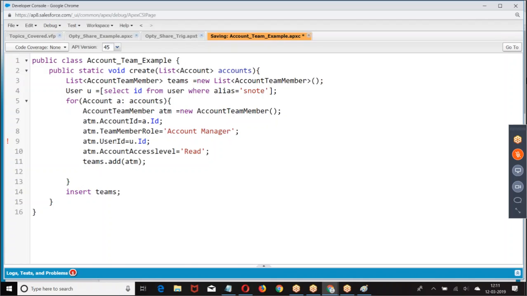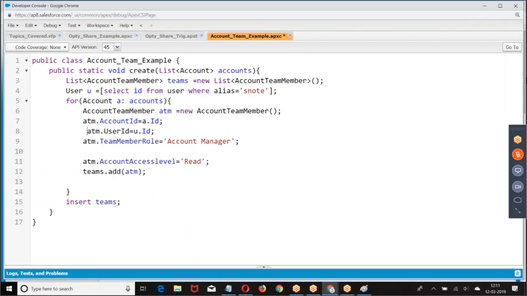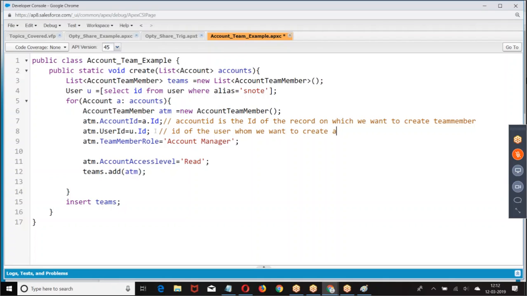If I want to create an account team member, on which record we want to create a team member, what is the role you want to create, whom you want to create, what is the access you want to create. User ID of the user, create a save.